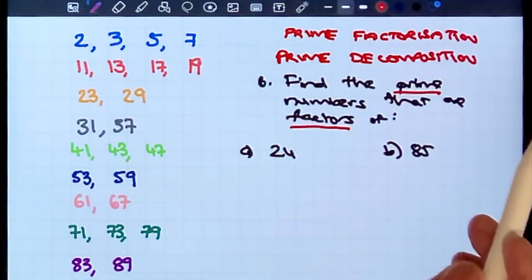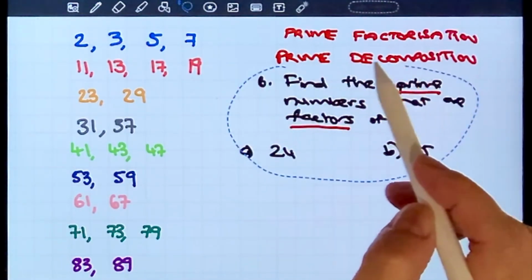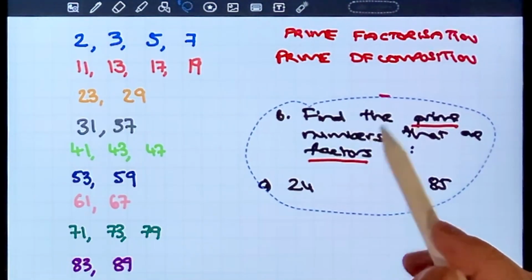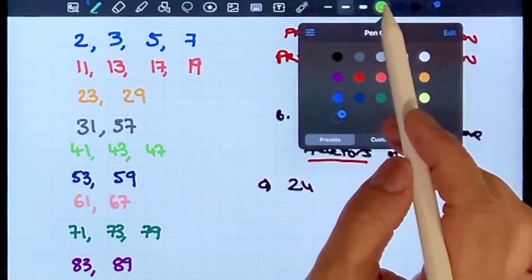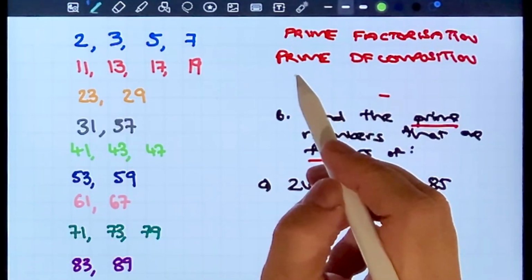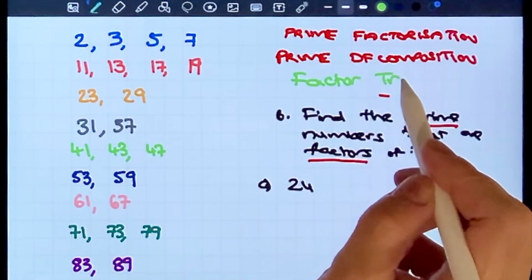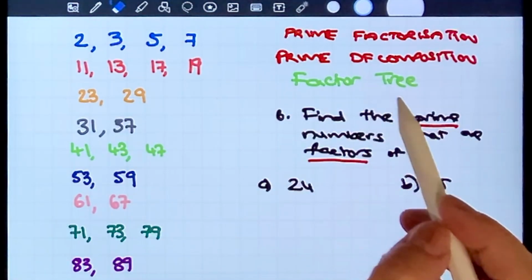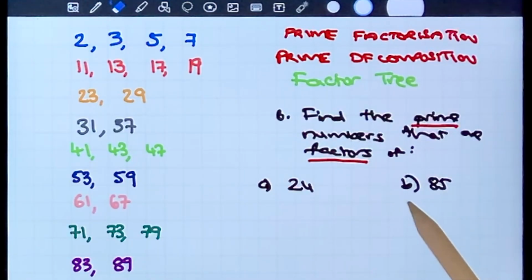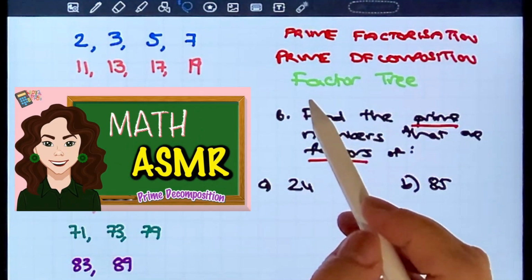We do that by using a factor tree. So I will run through these 2 examples with you, but I do have an entire video that I